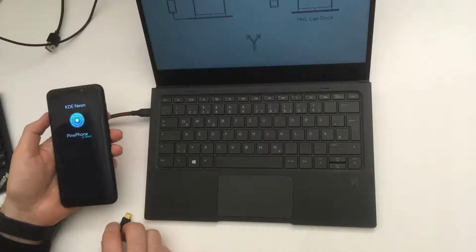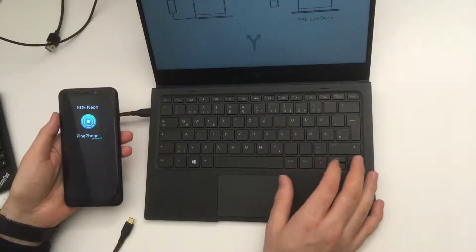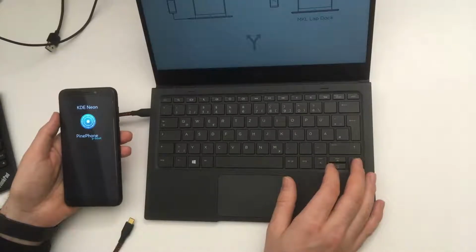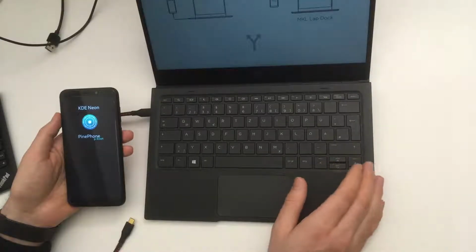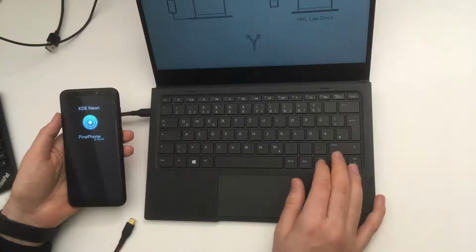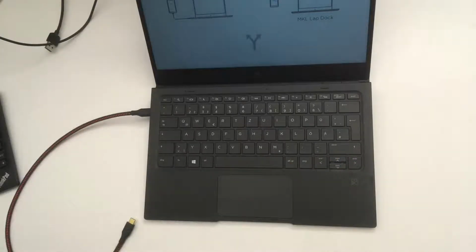So KDE Neon for the PinePhone is generally something I would not really recommend in daily use, because it's currently more of a developer image, or it's totally a developer image because everything is,